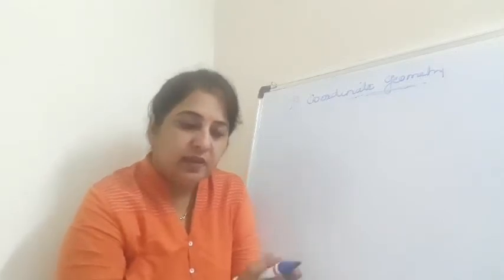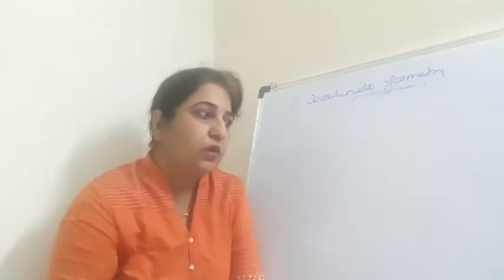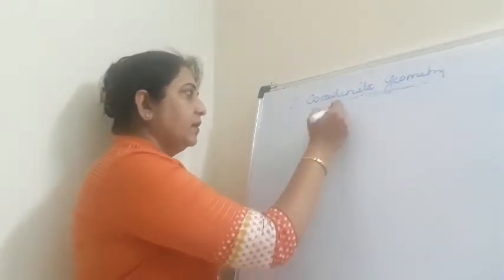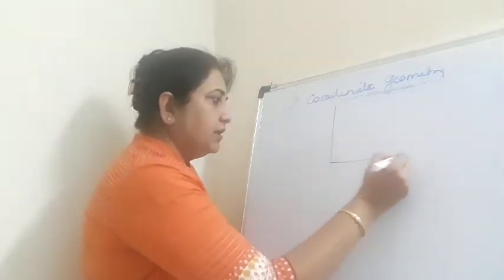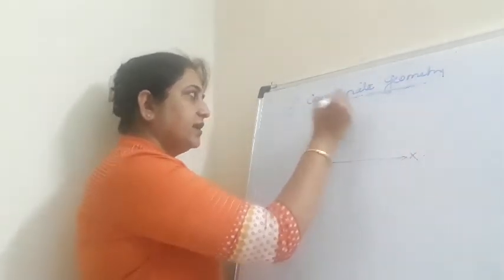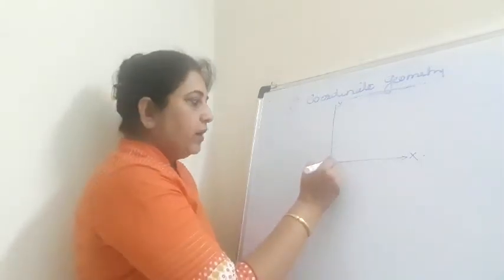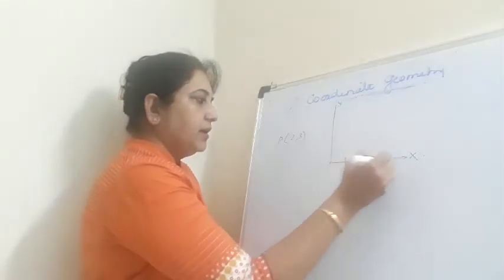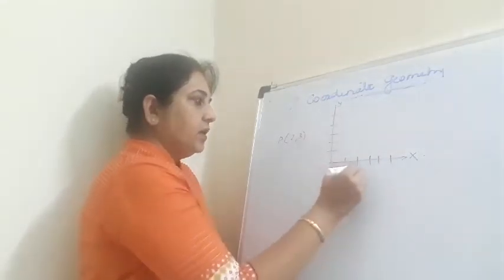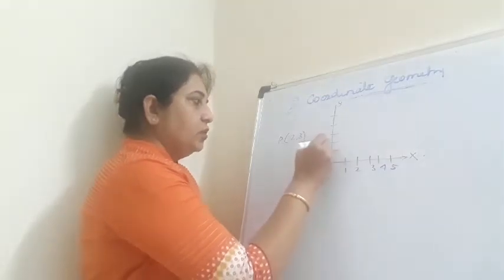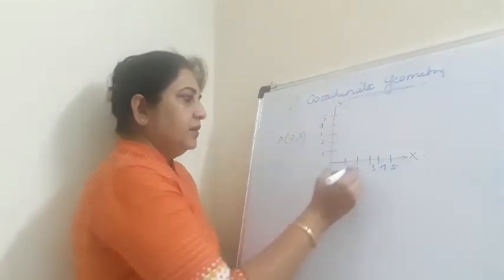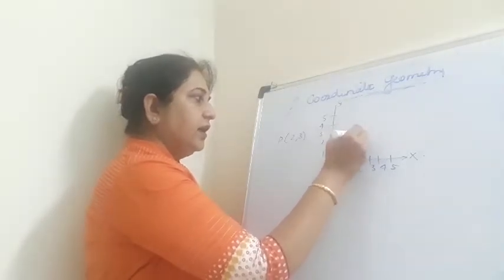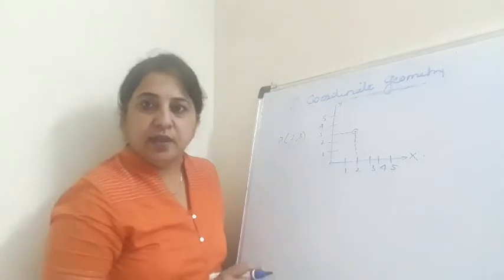Now, what are positive and negative coordinates? I'm going to show you all that over here. You know that in the previous class you did only this: this is the x-axis and this is the y-axis, right? If you are given a point, suppose P(2, 3), you will mark it here. This is 1, 2, 3, 4, 5. This is also 1, 2, 3, 4, 5. And this is the point which will coincide with 3 here and 2 on the x-axis.